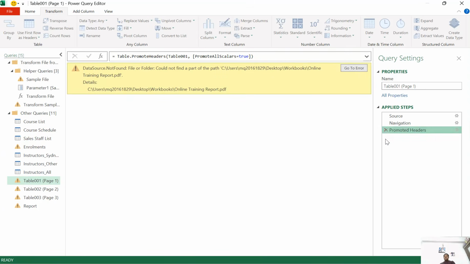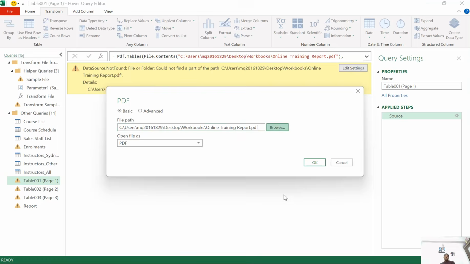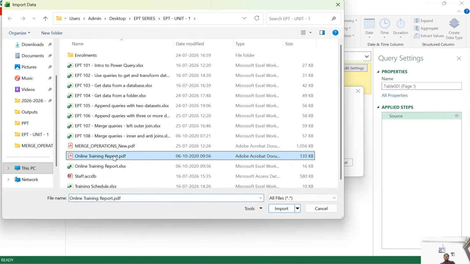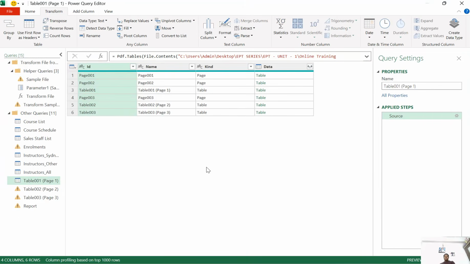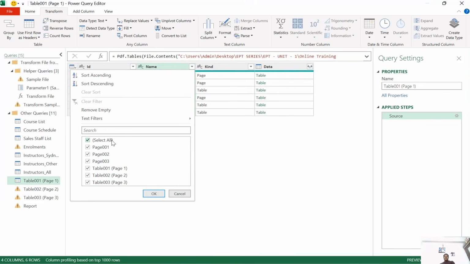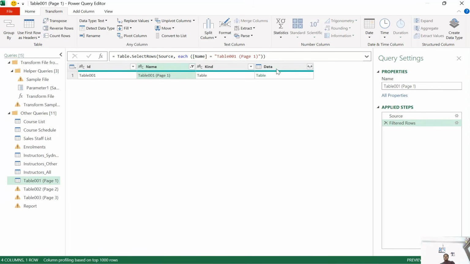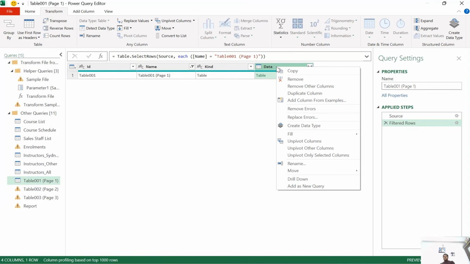So let's remove table 1 and fix this error. Let's go to the cog sign, click on browse, load the PDF file online training report, and click on import. Now here we need to filter down by table 1 only. So let's click on this drop down, untick all, just select table 1, click on OK, then right click on the data column,